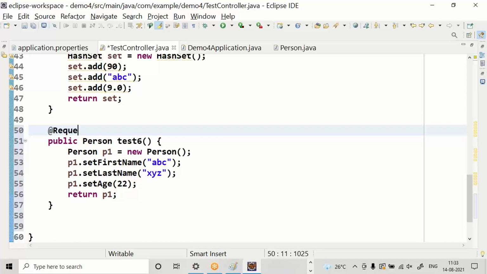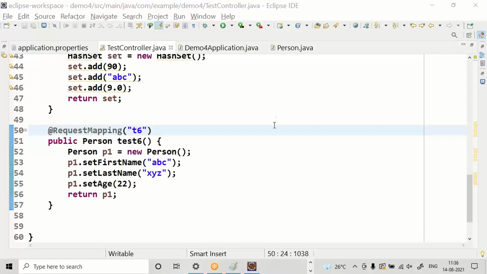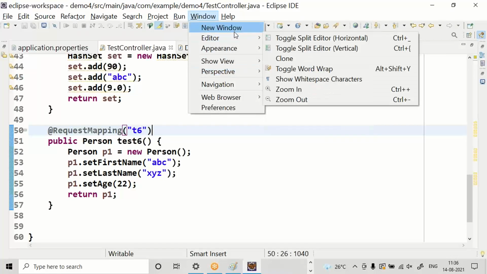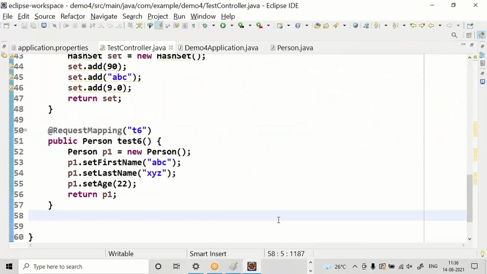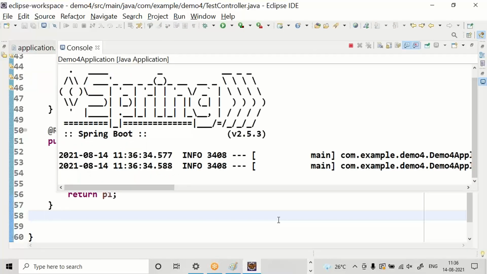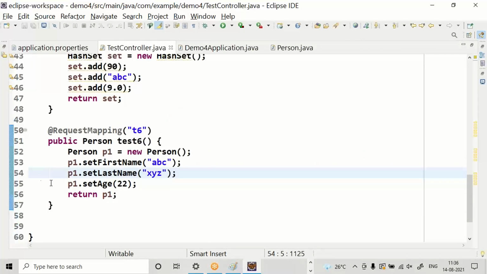Let's go for request mapping T6. Restart the application. Give a call to T6. Open a browser.